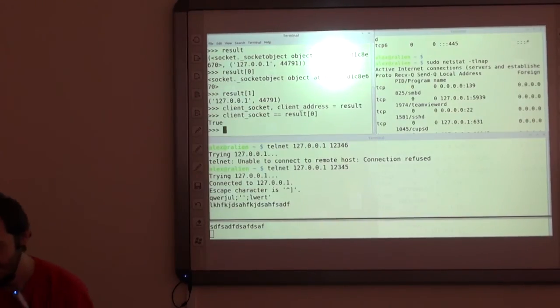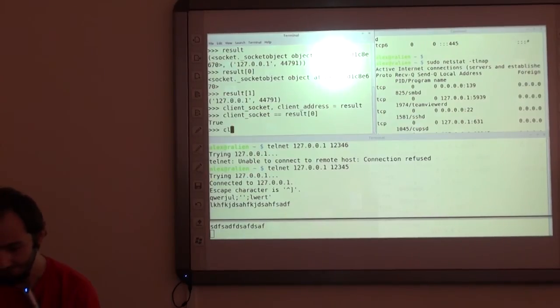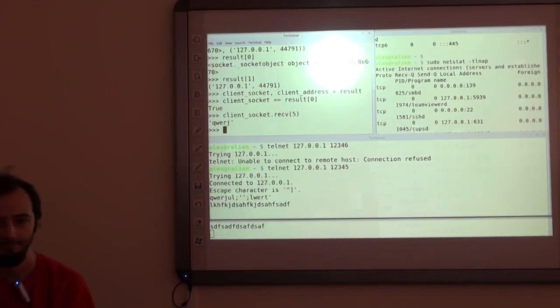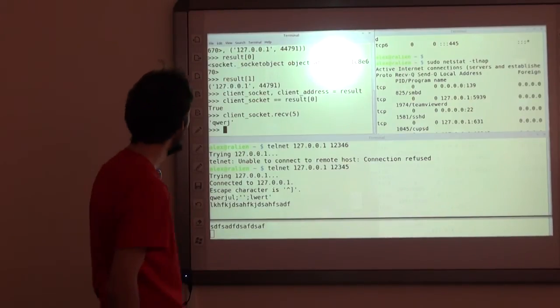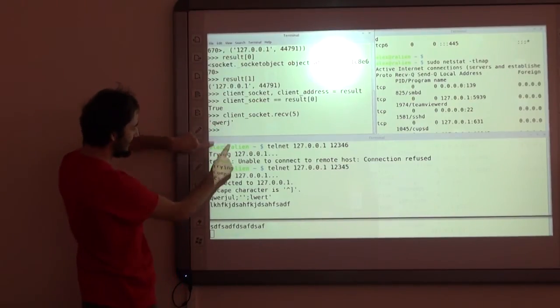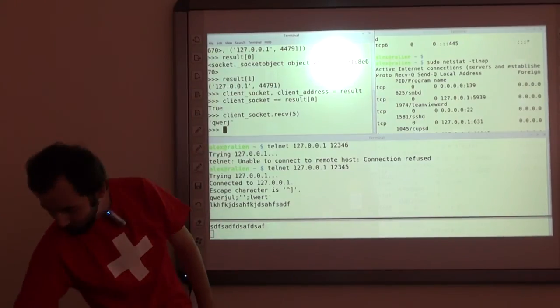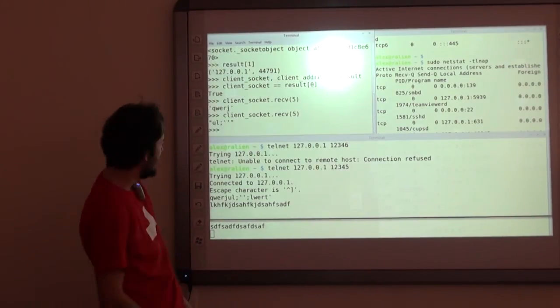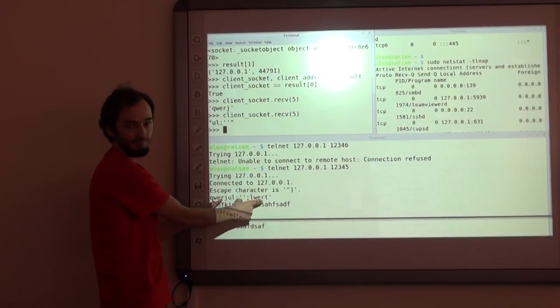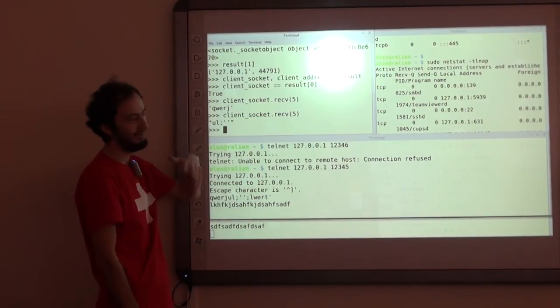True. So let's see. client_socket.recv, and I'm going to receive 5 bytes. And this function returned the first 5 bytes of my message here. If I call it again, it gives me the next 5 bytes, and so on. I can call it in a loop.